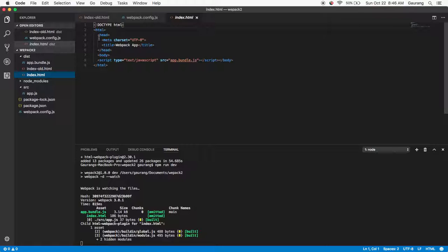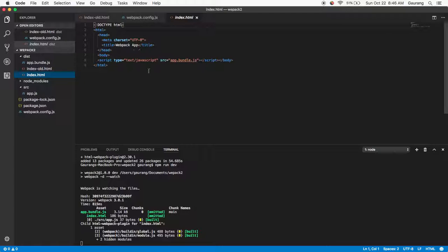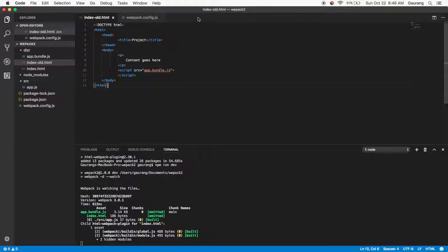The reason being, the HTML is really not what we want. What we had done was, we had a title called project, and there was a custom content inside the body. You can see there's nothing like that over here. So just to achieve those particular things, what you can do is